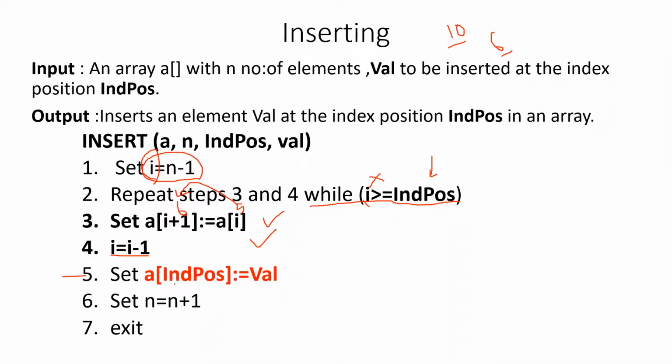At that position, you have to write in brackets the index position, right? Int position, the position which we converted into an index number. So A of index position. Suppose I want to insert at position 4, I will convert it into index number 3. So at A of 3, I want to insert the number 7, right? So 7 will be copied into A of 3. After that, we are incrementing the n value because one more number got inserted. We will increment the number of elements, right? It was 6, now it becomes 7.